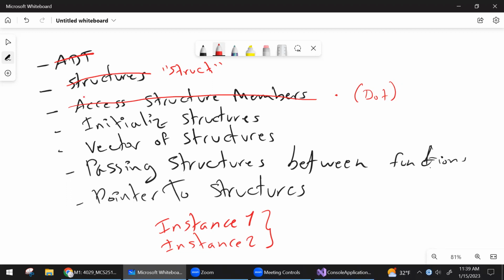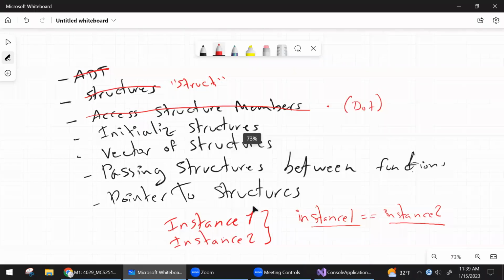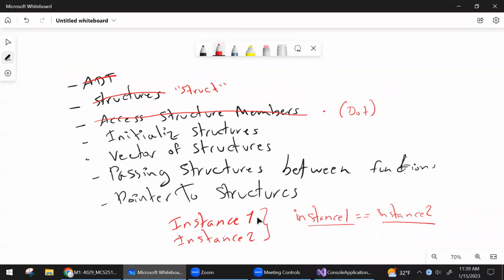In order to compare if instance 1 equals instance 2, I am not allowed to say instance 1 equals instance 2. This is illegal. In order to compare if two instances are equal, I need to go over their members one by one respectively. For example, in the case of payroll,